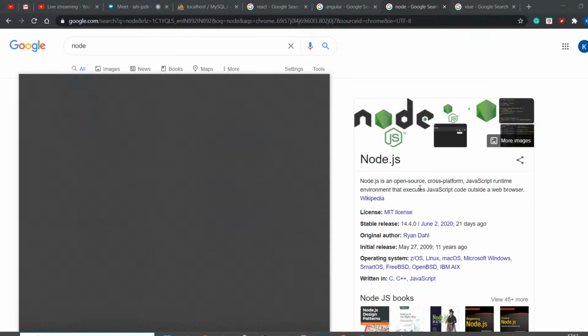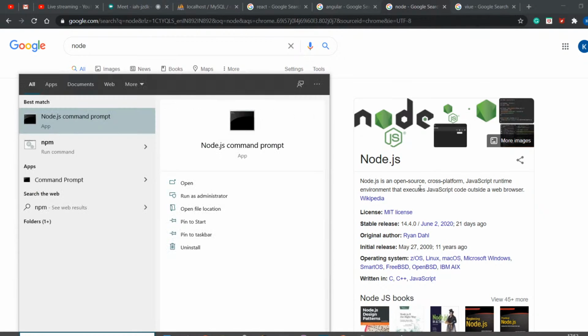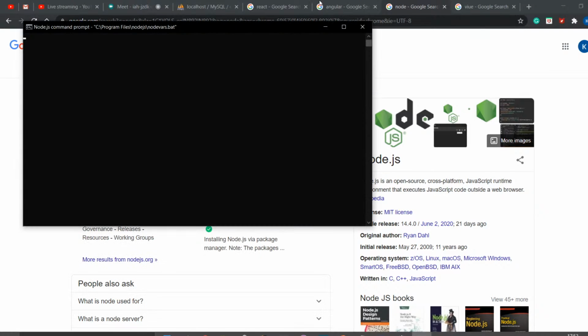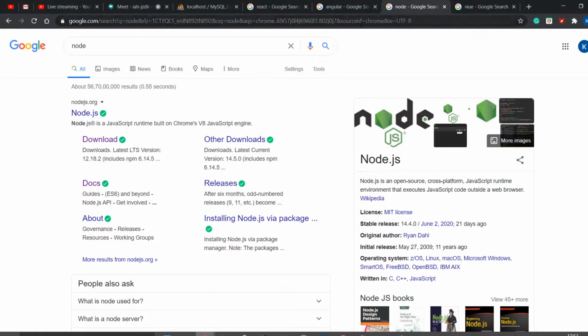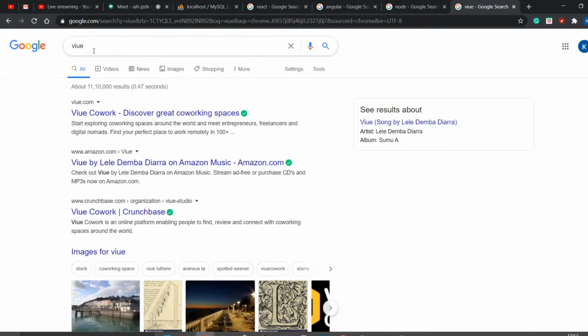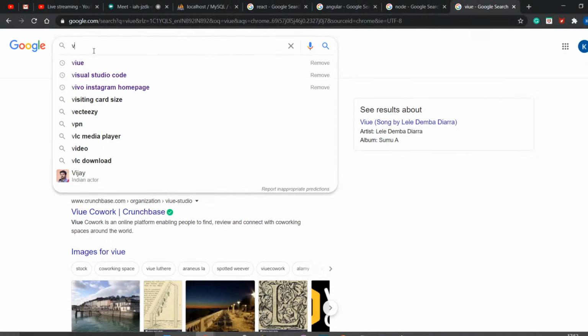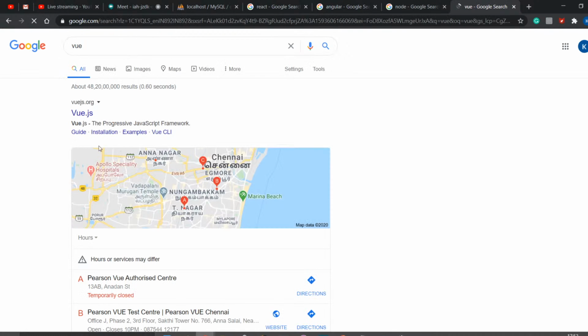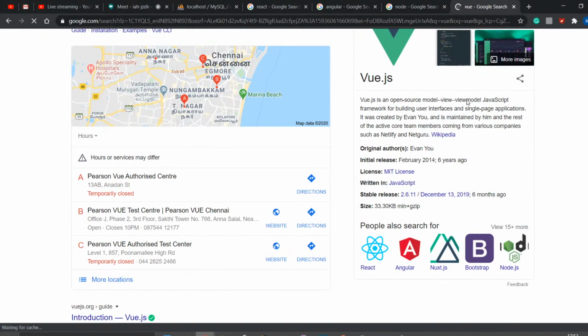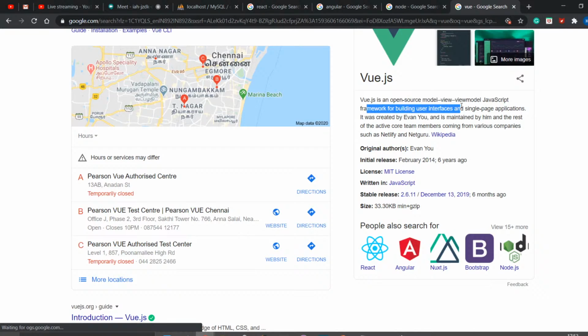I will show you Node. So this is the Node.js command prompt. You can run any JSON packages using this. Okay, the npm tool, the npm package. This is a Node package module. You can download anything of JS. And Vue is the upcoming JavaScript framework that developers are yet to learn, and it is also a framework for building a website. You can see here the words user interface.